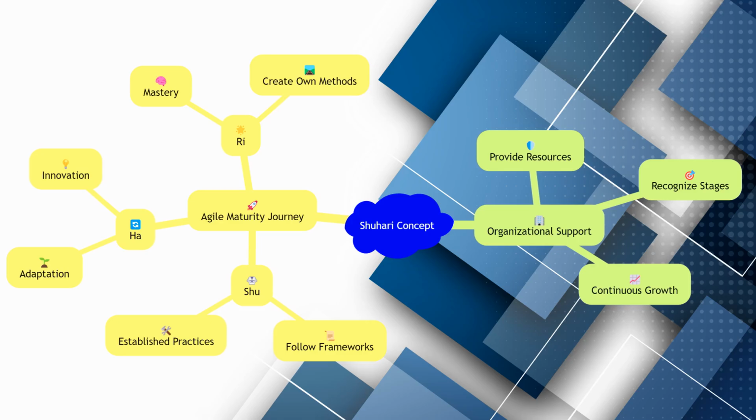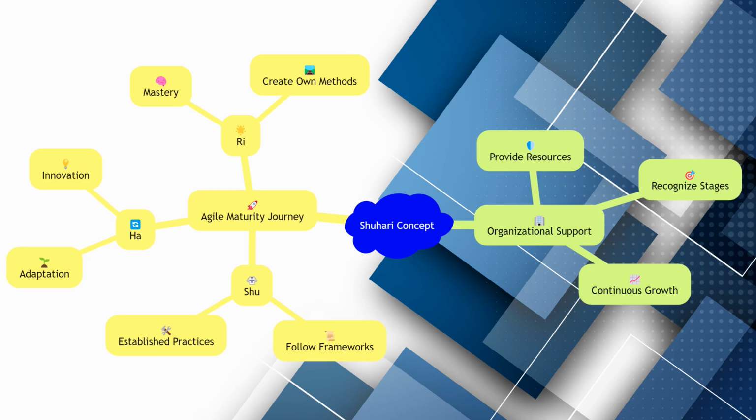The Shuhari concept can help organizations understand and navigate their journey towards agile maturity. Initially, teams may strictly follow established frameworks and practices, Shu. As they gain experience and confidence, they begin to adapt and innovate, Ha. Finally, they reach a level of mastery where they can create their own methods and practices, Ri. By recognizing these stages, organizations can provide the appropriate support and resources at each stage, helping teams to continuously